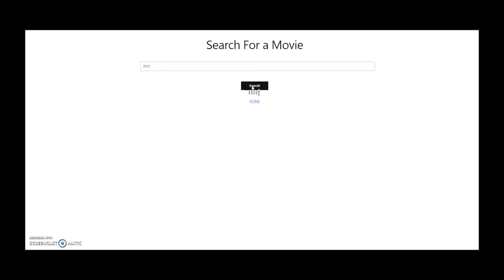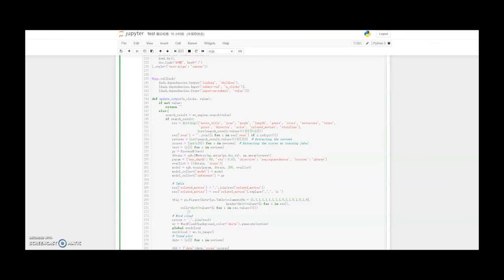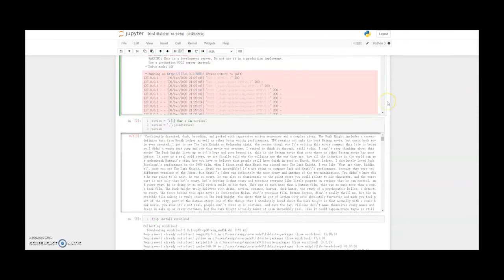It needs some minutes to scrape from the IMDb, so it will take about 2 minutes. But here's a loading feature, and it will disappear after the movie is loaded and the trained model is loaded. And we can also see the progress right here.